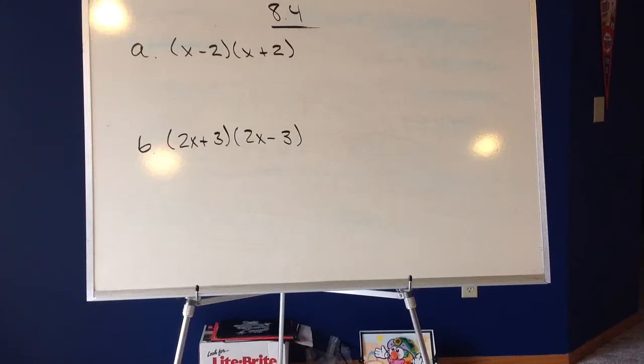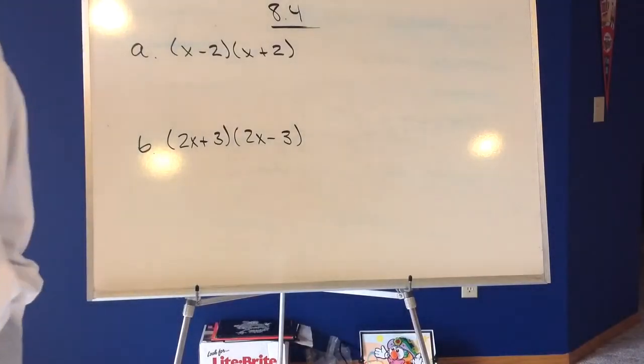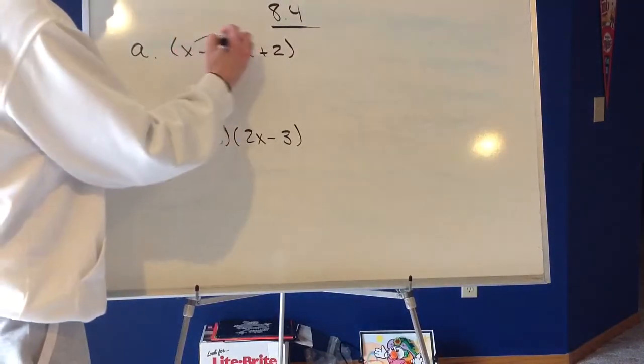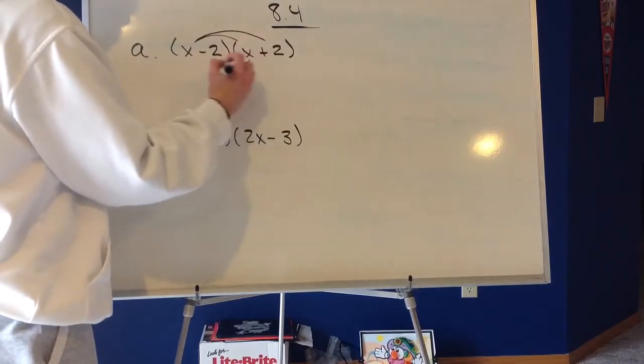Alright, today we are going to do section 8.4. 8.4 is about multiplying some special types of binomials. So I have the first two examples up here, so we're going to go ahead and multiply them like we did yesterday. Okay, so I'm going to go ahead and distribute the x to both and the negative 2 to